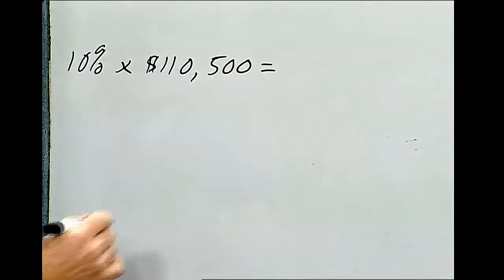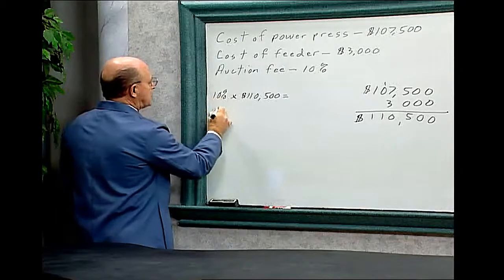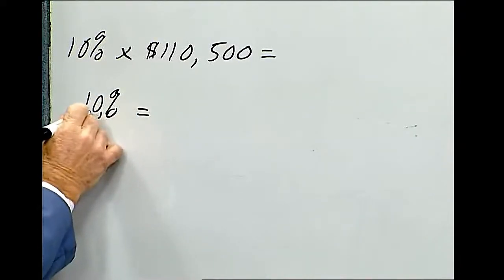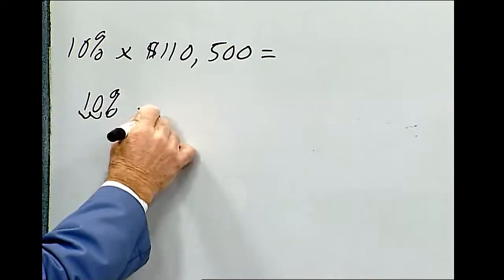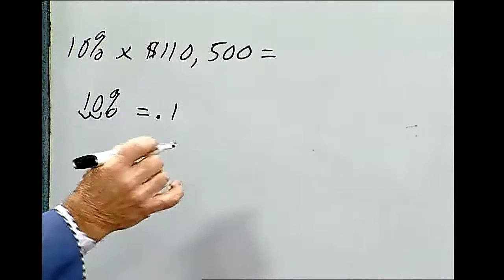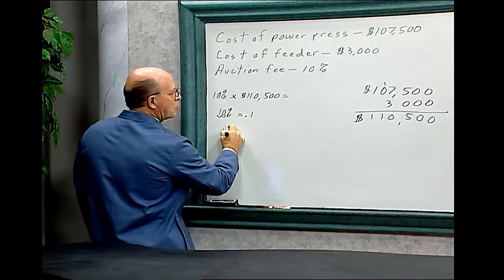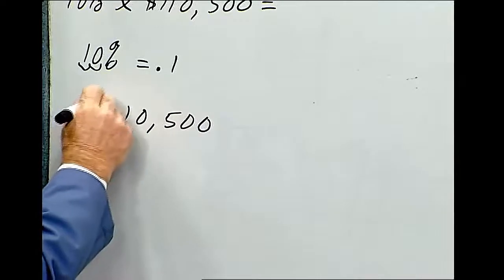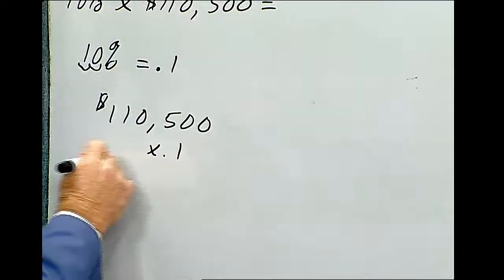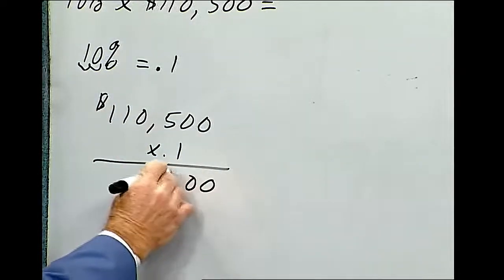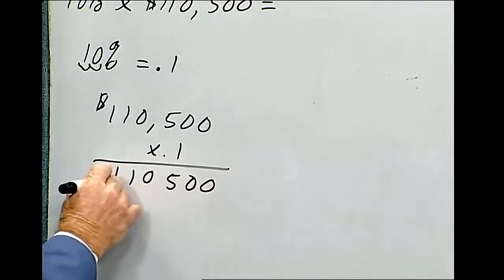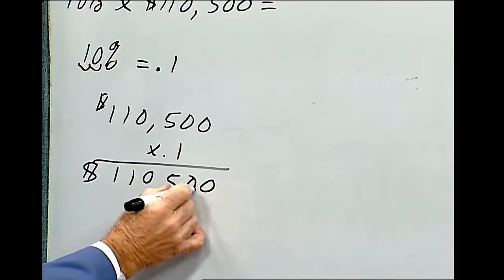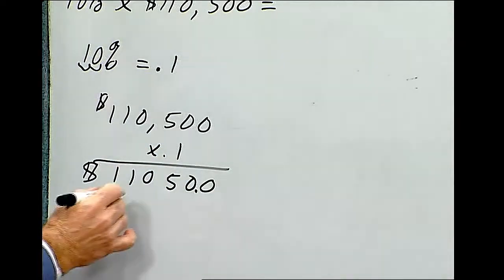and that is $110,500. And we want to change this into a decimal. 10% equals, all we have to do is move the decimal point 2 places, is 0.1. Now let's multiply. 110,500 times 0.1 would be 11,050.0. And it has 1 decimal place, so we just come over here. So the cost now is